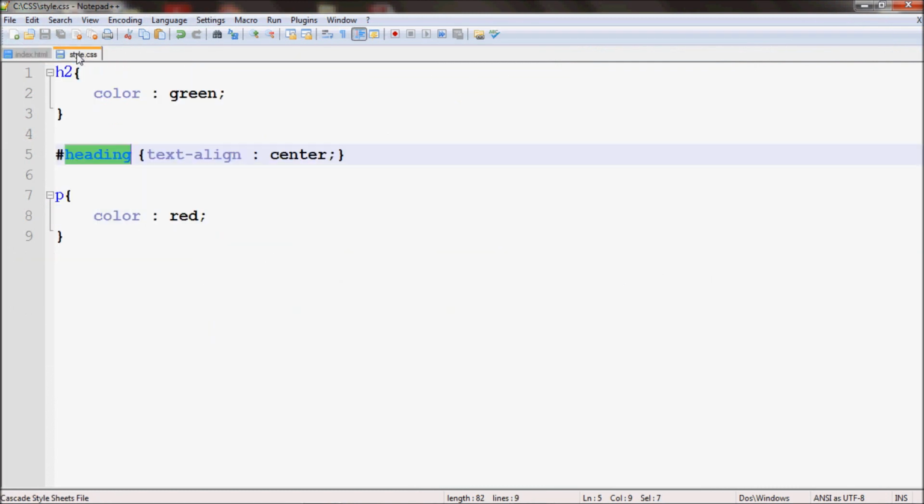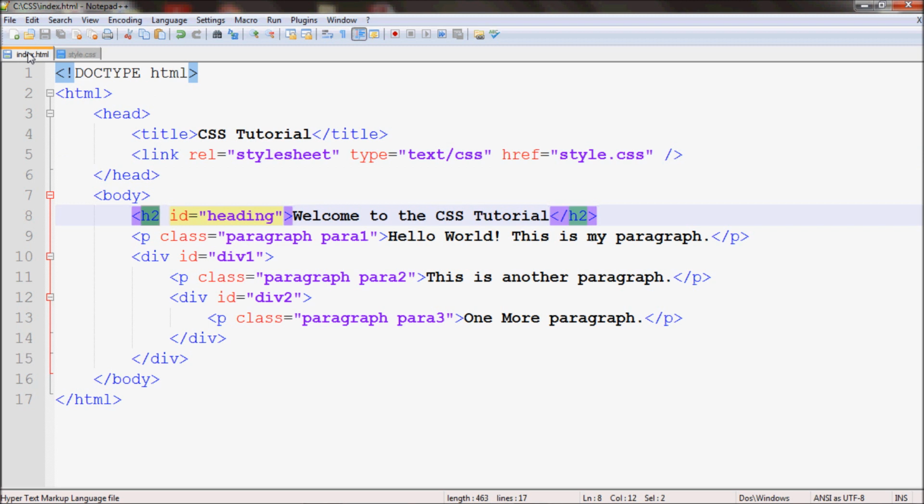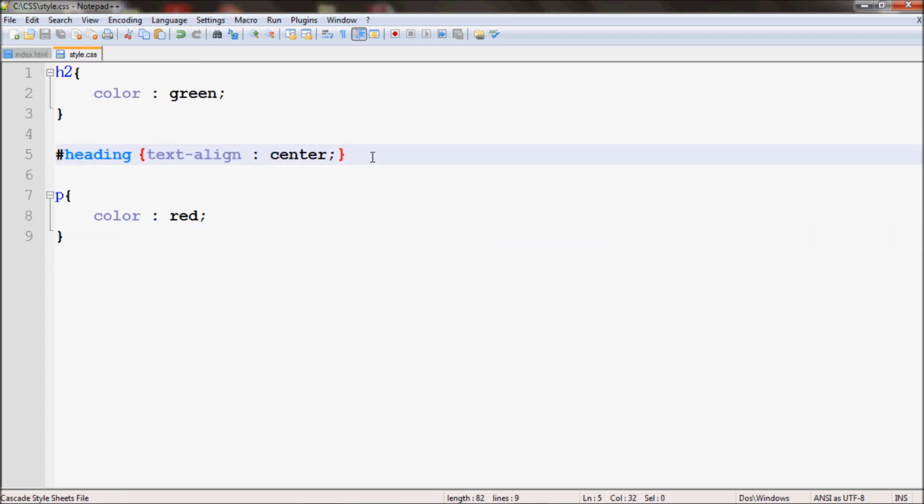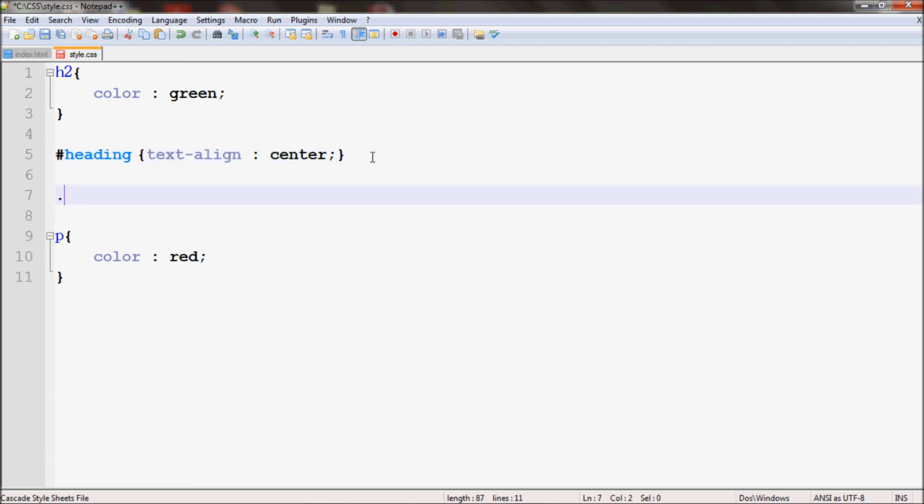Now to select according to the class name, for example, I have paragraphs here. This is called paragraph, this is, and this also. You would do dot paragraph, as paragraph is my class name, and then inside the curly braces I'll write